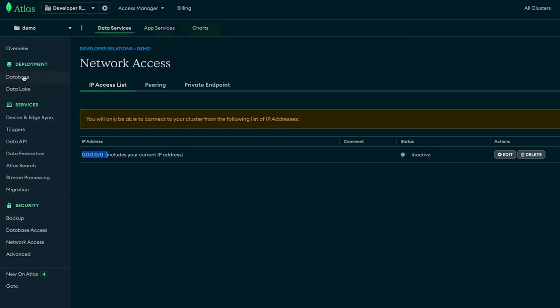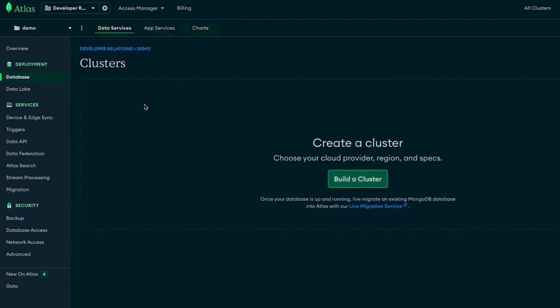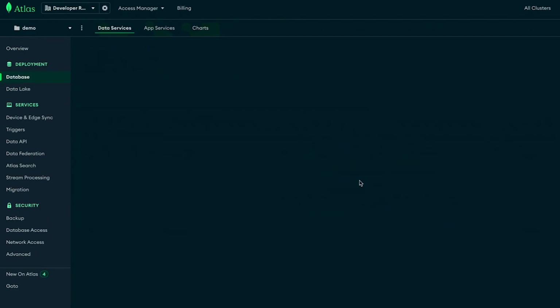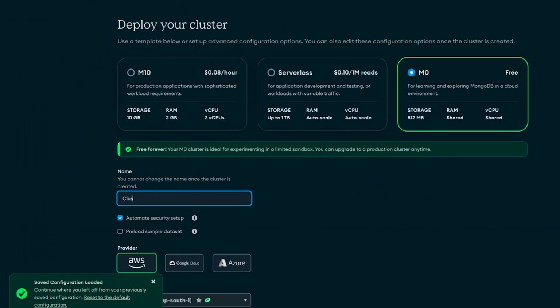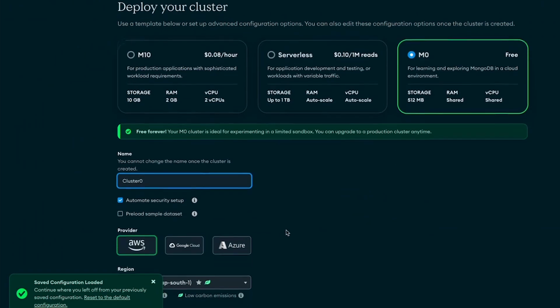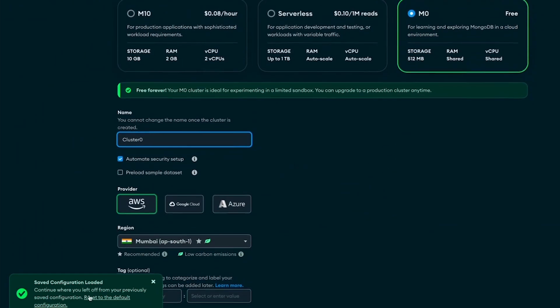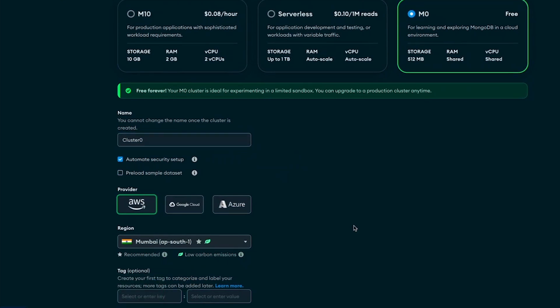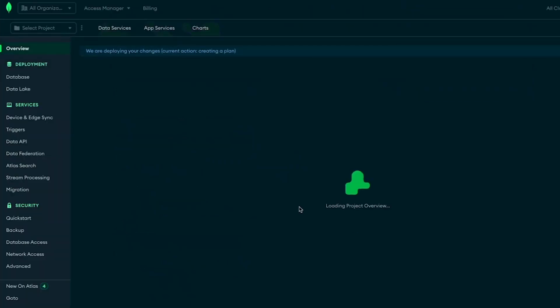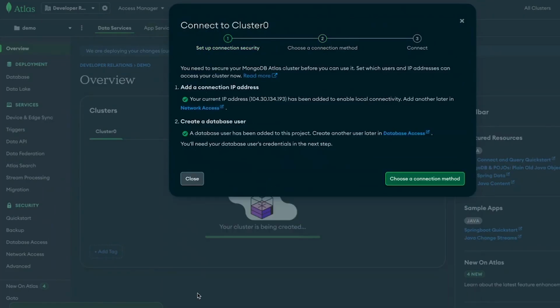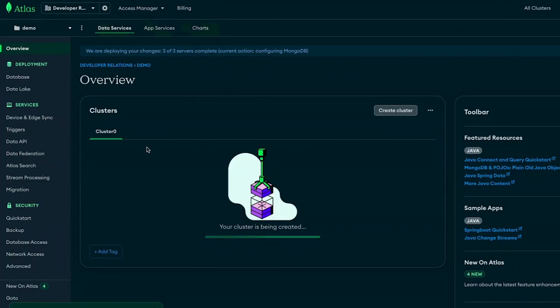Now go back to the database section on the left side of your screen, and then we'll start creating the first Atlas cluster. Click on build a cluster and name the cluster as Cluster0, and click on M0. This is the free cluster, and then create deployment. The next step here would be to download the sample data inside your cluster. For this project, we would be using the sample supplies from the sample dataset, which is provided in the third step of the prerequisites. So let's go back and download our sample data into the cluster once the cluster is created.